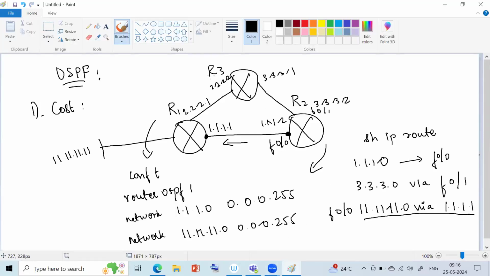How? Via R3. Because R3 will also say, even I know about the 11.0 network, and I will pass it on to you. One more way of learning the 11.0 network is